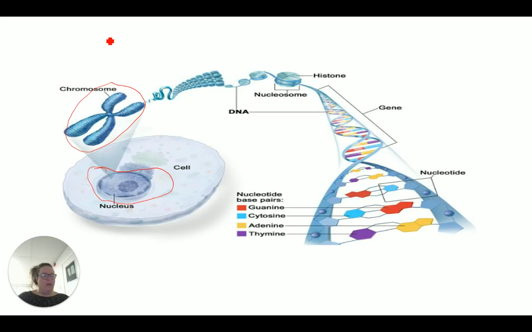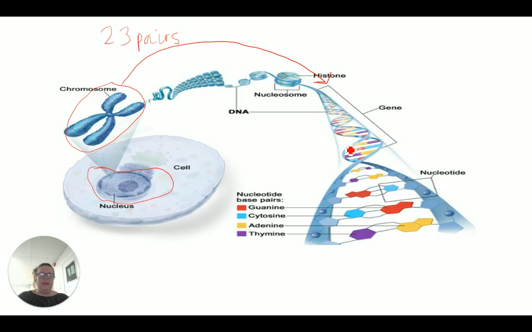Now remember, we have 23 pairs of chromosomes, but this just shows one chromosome, sorry. Now, that chromosome there, it's super coiled, it's super wound around itself, if we unravel it, and come over here,